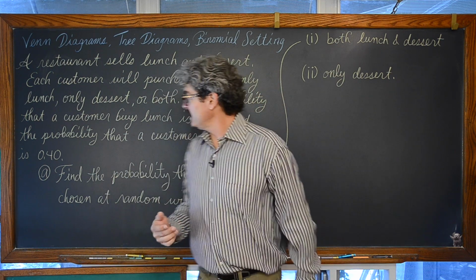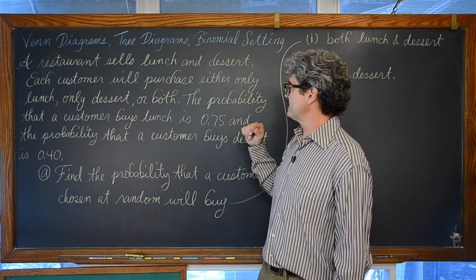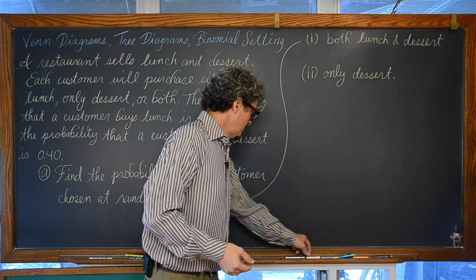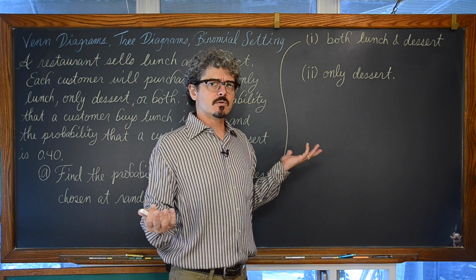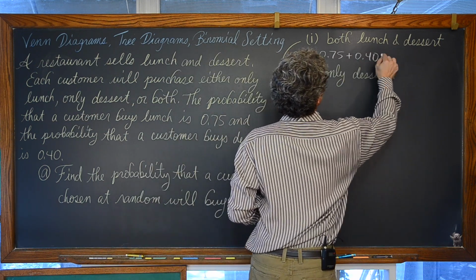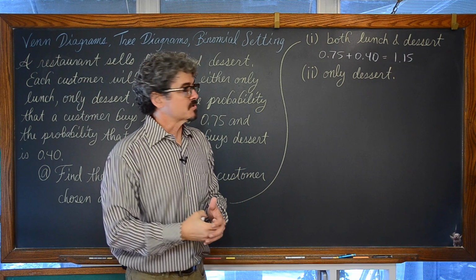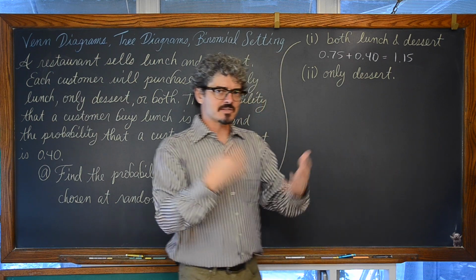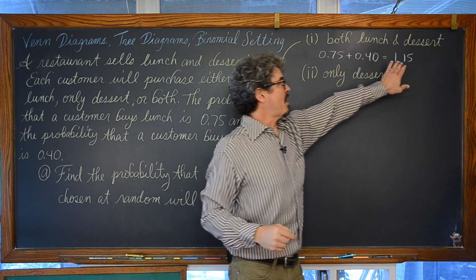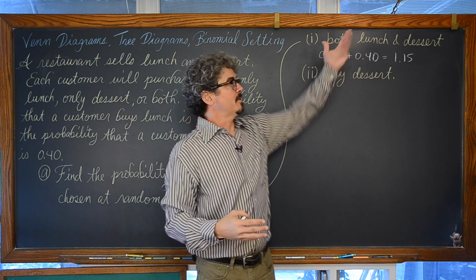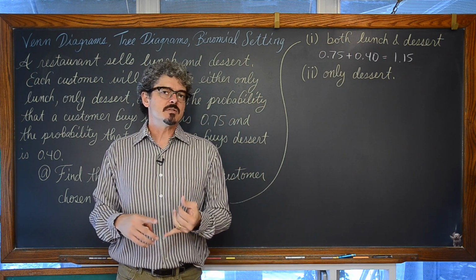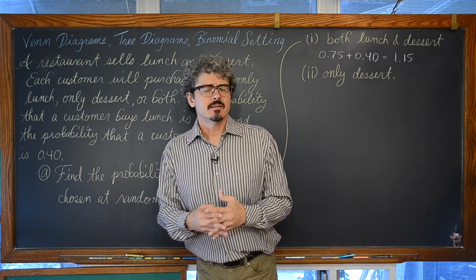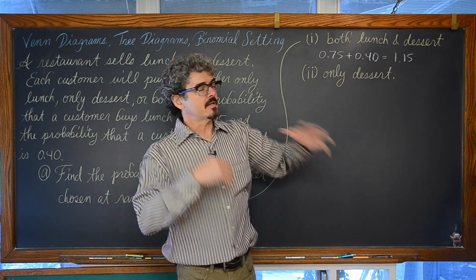Okay, you gave me the probability of a couple of events, lunch 0.75 and dessert 0.4. You're asking me for the probability that a randomly chosen customer chooses both, so we just add those, right? And if you really understood the concepts in this chapter, you should have been starting to scream through the camera. That's not right. A probability of an event occurring has to be between 0 and 1, or between 0 and 100%. That means we cannot have a probability equal to 1.15. So this should be a red flag that you jumped the gun here.